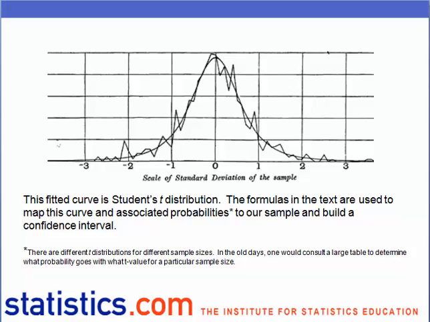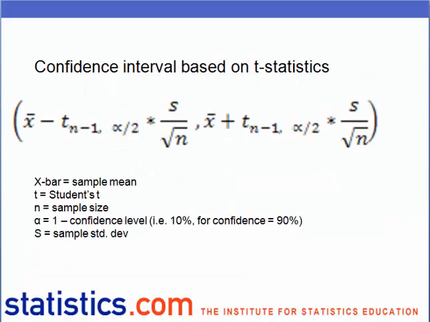And then to that he fitted the Student's t-distribution, which he had separately worked out theoretically. The formulas that are in the text are used to map a particular sample result to this t-distribution and build a confidence interval. There are actually a family of t-distributions. Depending on the size of the sample, you get a different t-curve. So here's the formula that you'll see for the confidence interval based on a t-statistic,